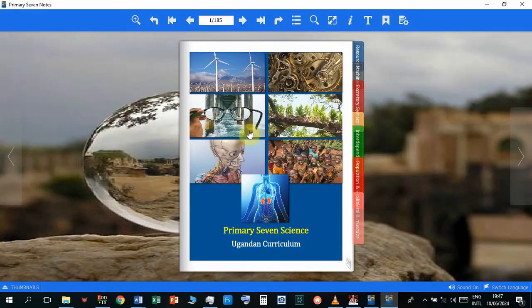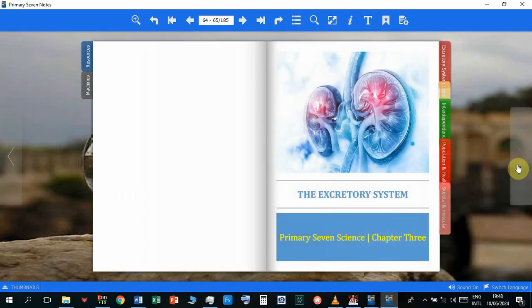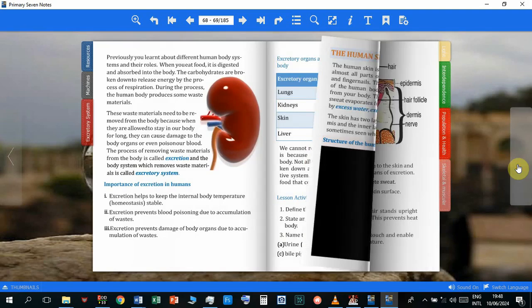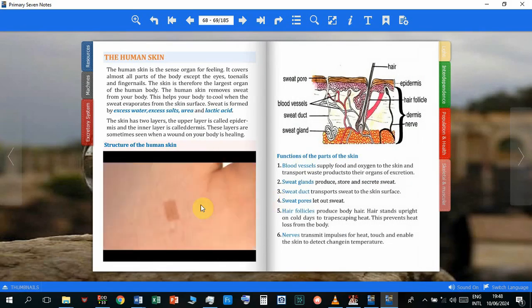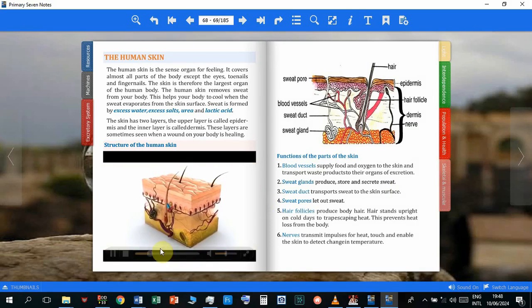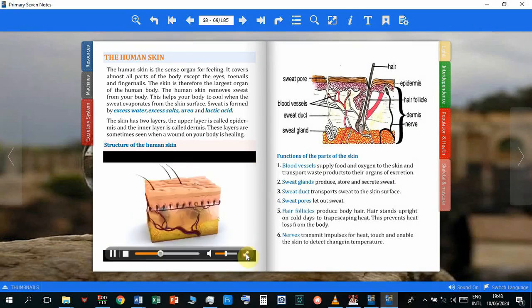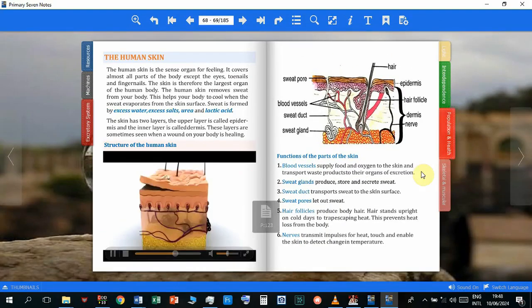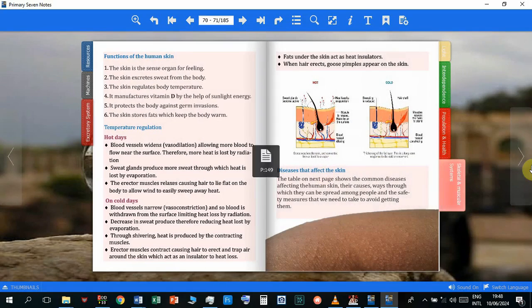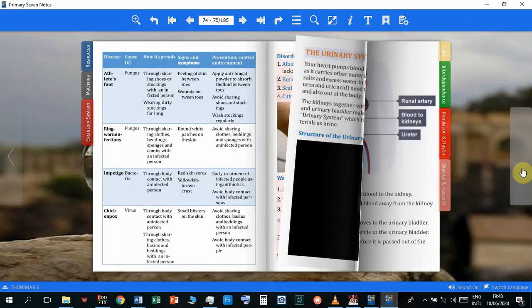Let me just click on excretory system. So we also have video demonstrations or animation. That is the skin, a demonstration of the human skin as part of the excretory system. Then we have